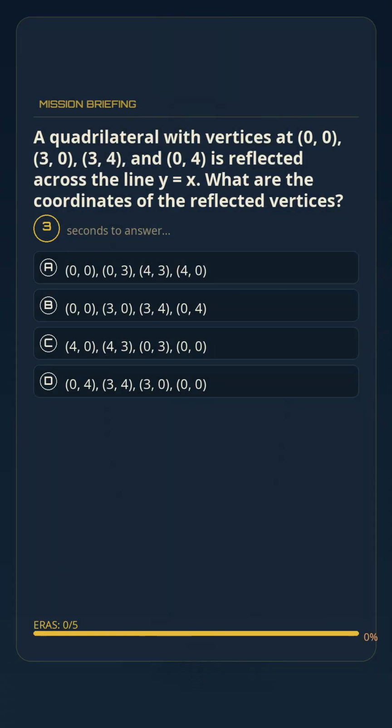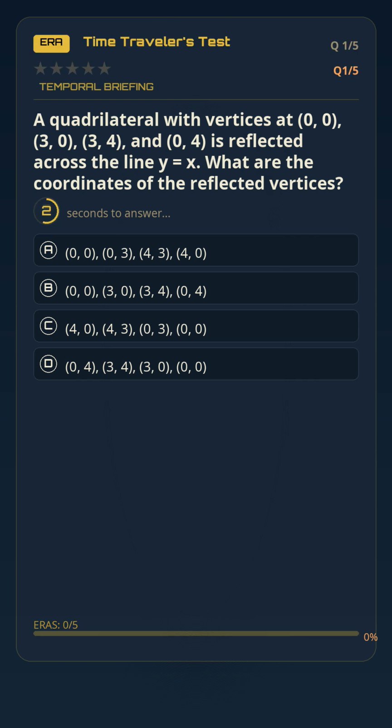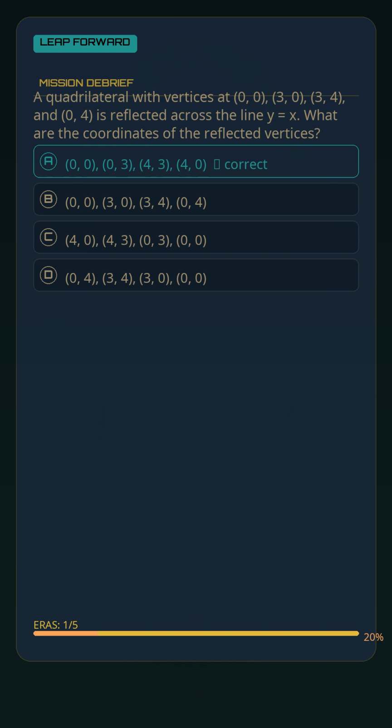A quadrilateral with vertices at (0,0), (3,0), (3,4), and (0,4) is reflected across the line y = x. What are the coordinates of the reflected vertices? The correct answer is A. When reflecting across y = x, the x and y coordinates are swapped. So (0,0) stays (0,0), (3,0) becomes (0,3), (3,4) becomes (4,3), and (0,4) becomes